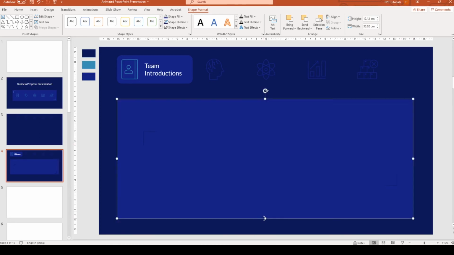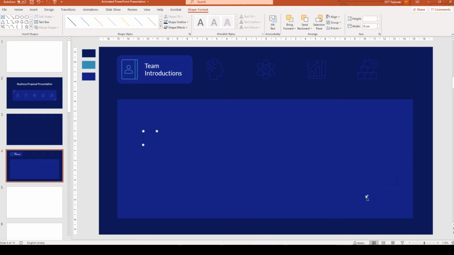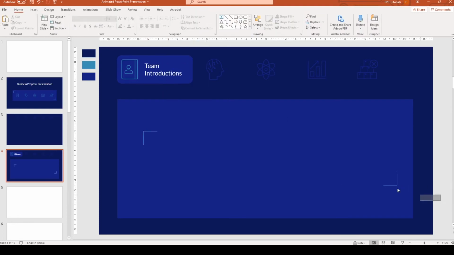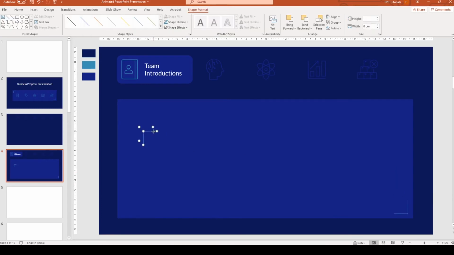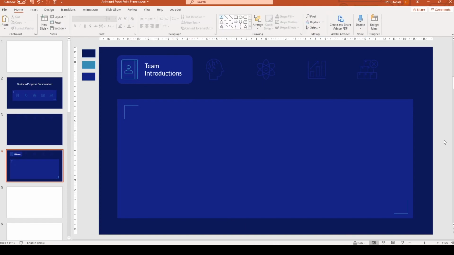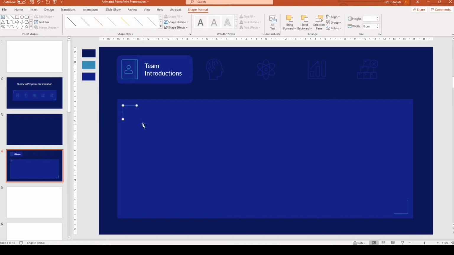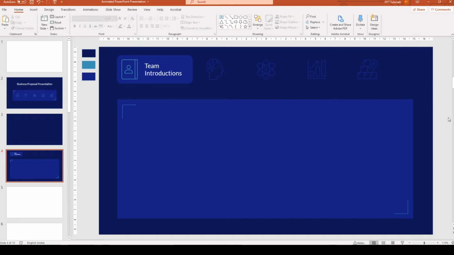I'm also going to hold down Ctrl and select these lines. Go to Shape Format, Shape Outline and change the color. Next, I'm going to select these pairs and move these to the corner. We seem to have pasted a couple of these, but that should not be a problem for now. For more precision, I always like to use the arrow keys on my keyboard to move around the elements.